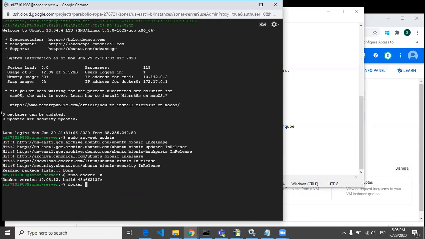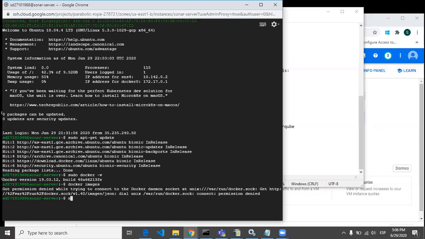So I'm showing the Docker images: sudo docker images -a. After running that command, you will see something like this. SonarQube tag is latest, and this is the image ID. So you can verify whether your Docker has the SonarQube image or not.